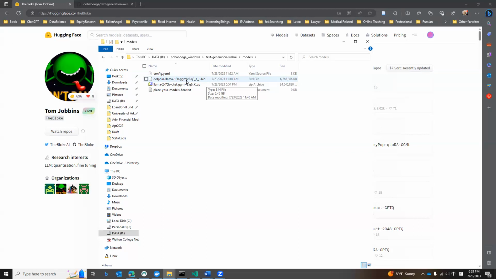And the 13B actually runs pretty well on my GPU. I have 12 gigabytes of VRAM. It seems like it loads fairly quickly. Okay. All right, so now once we have all of that,